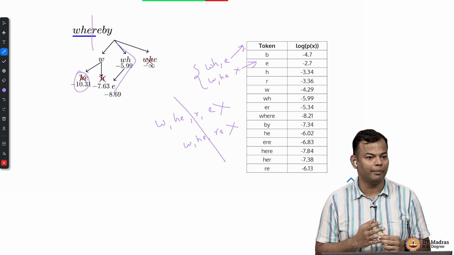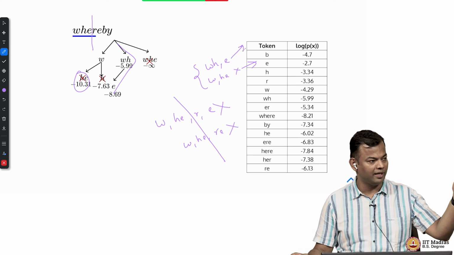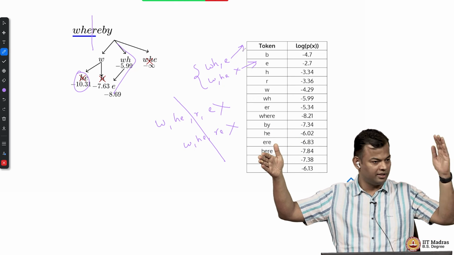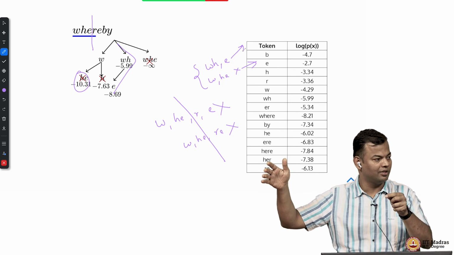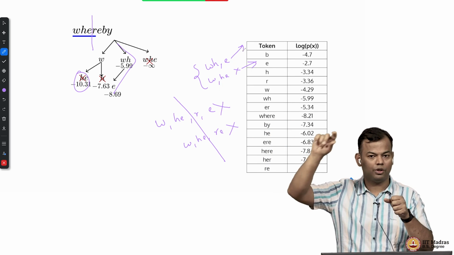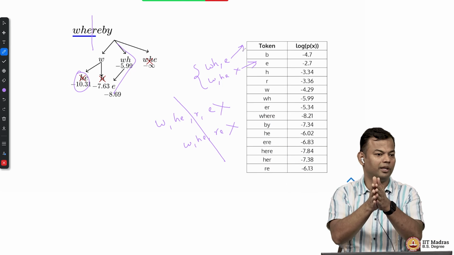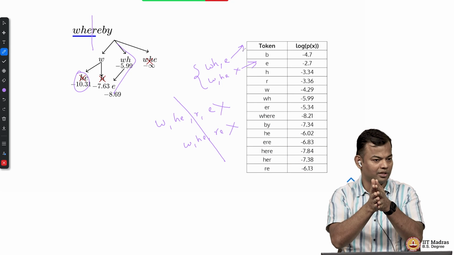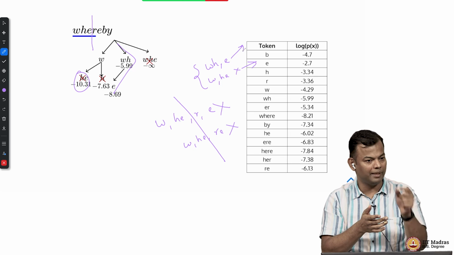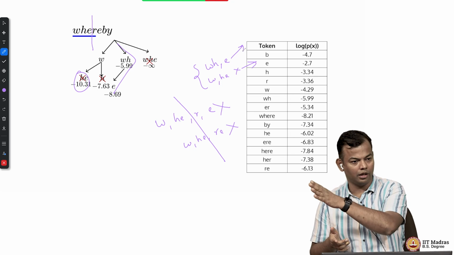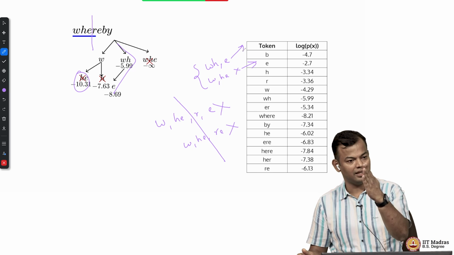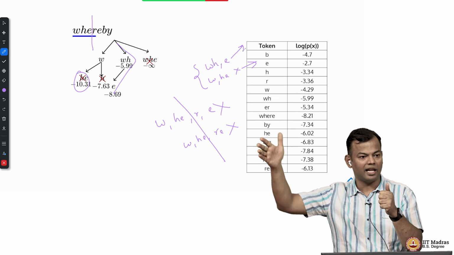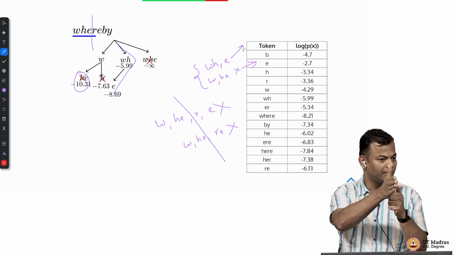So that's all about the tokenizers that we wanted to cover. Quick summary: you have character based, you have word based. This is very small, this is very large. Small has the problem that your sequence lengths would be very large. Big has the problem that your softmax would be very large. So you wanted a middle point, which was subword tokenization, and there we looked at 3 methods: BPE, WordPiece, and SentencePiece. BPE and WordPiece start with small and keep increasing till your budget. SentencePiece starts with big and keeps removing till your budget.